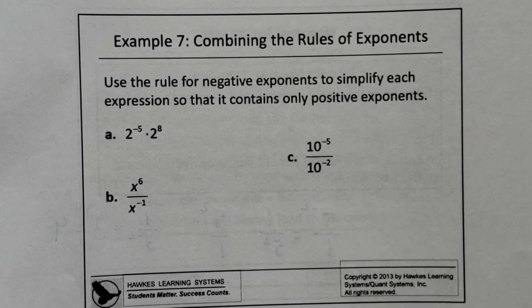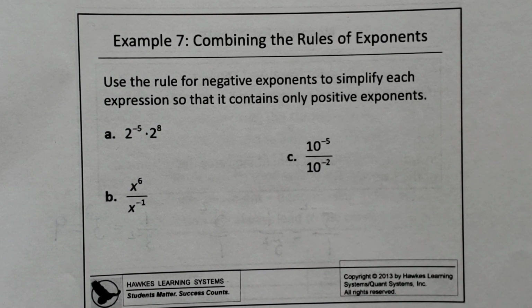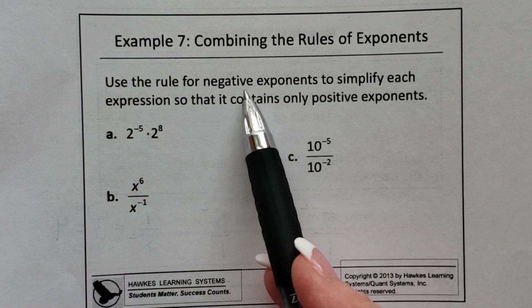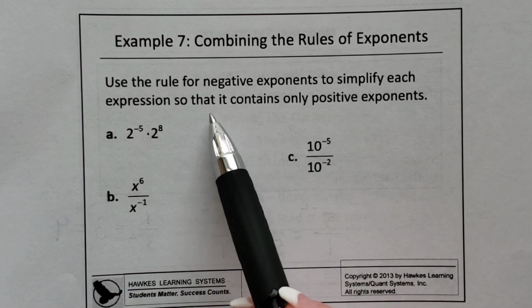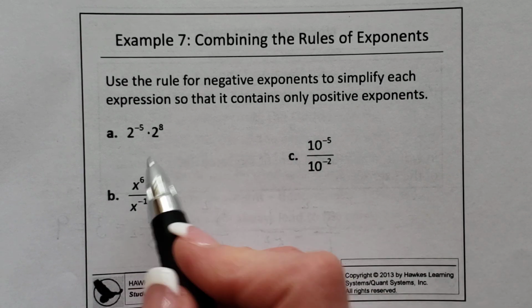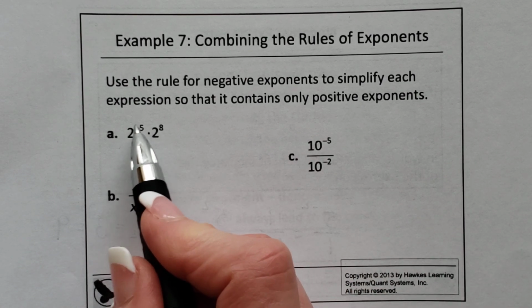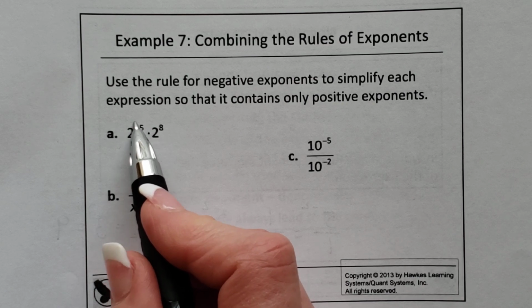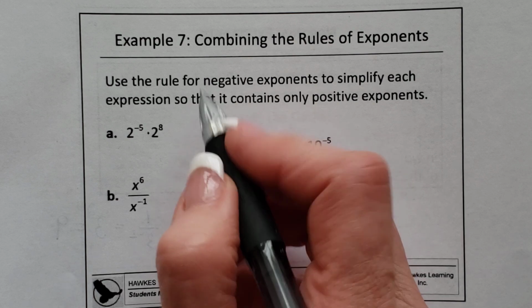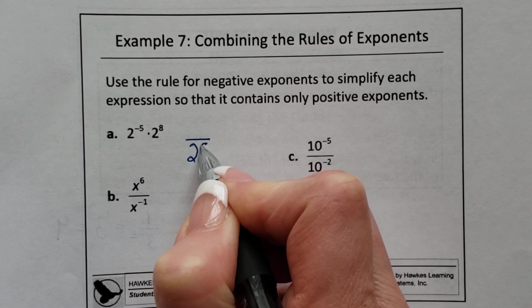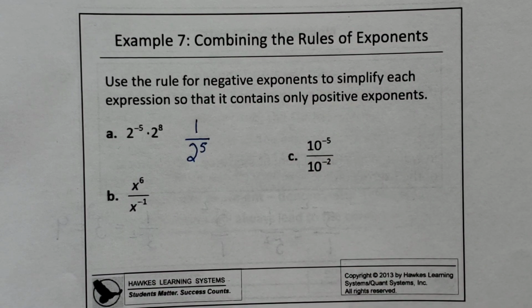All right, so on the next section, letter A, kind of the same thing. It says use the rule for negative exponents to simplify each expression so that it contains only positive exponents. So this is a multiplication problem. So I'm going to take these apart. To make that 5 positive, I'm going to drop this whole thing down in the denominator. So I have 2 to the 5th. I'm going to keep these separate so I can make it look like a